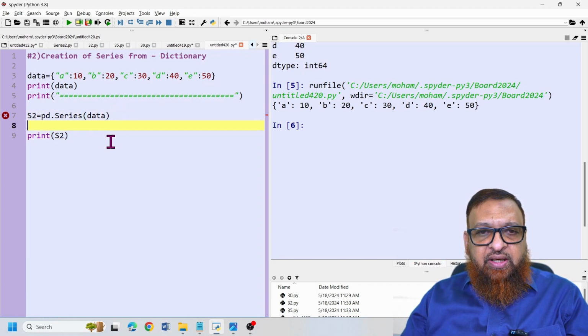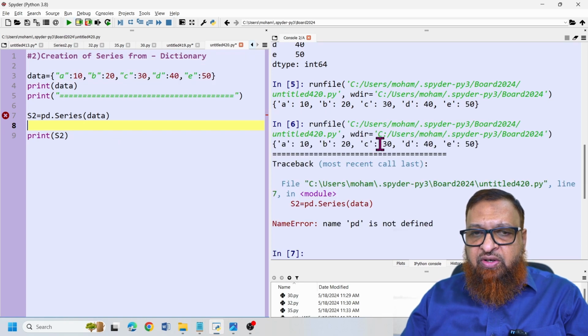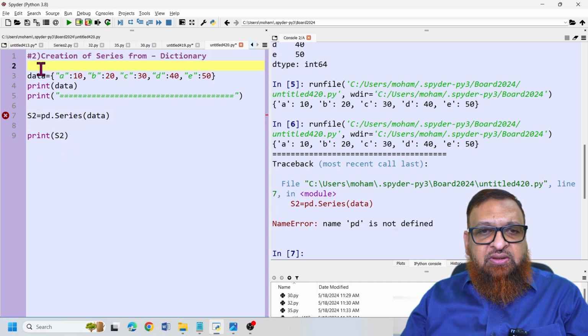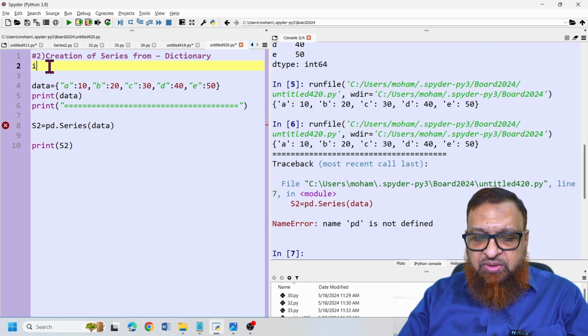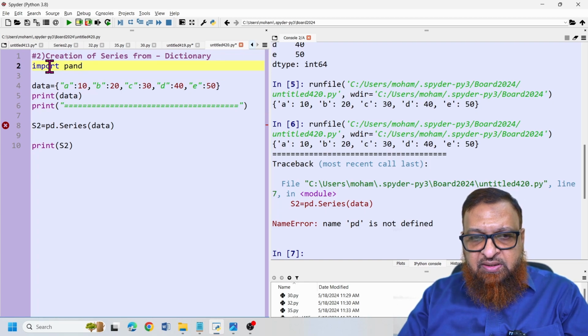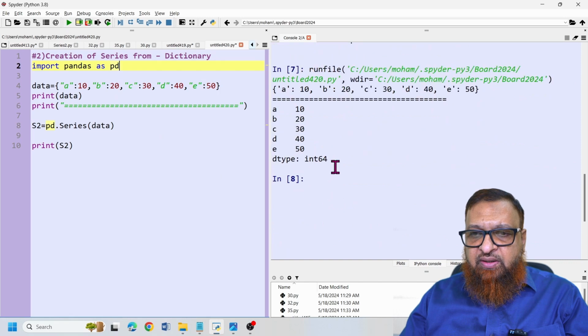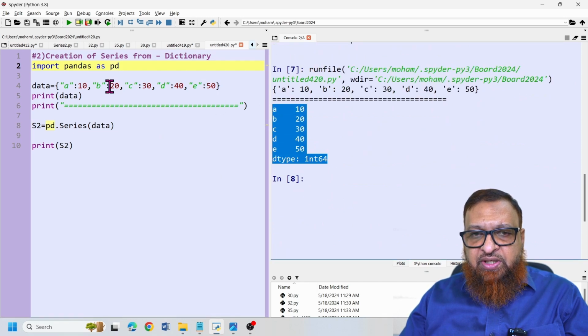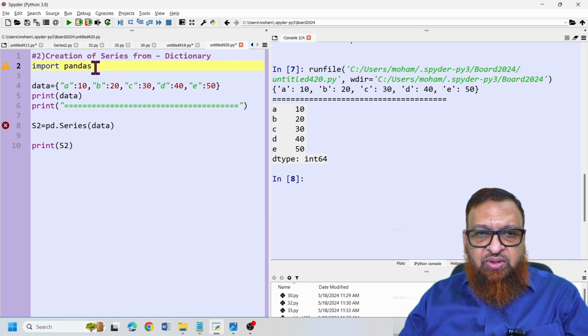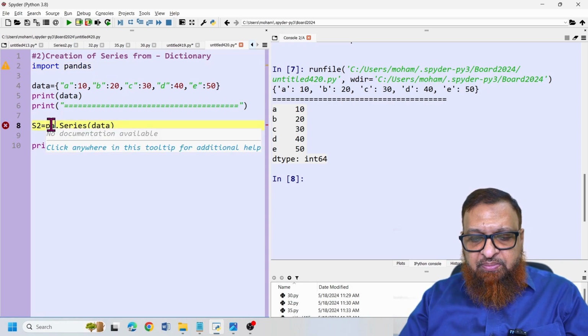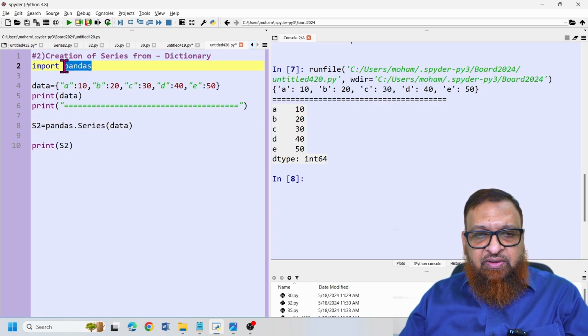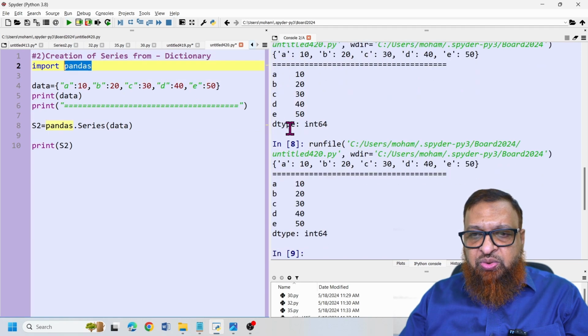So we have an error over here. Let me run this and check if there is any error. Yes, we have PD is not defined. What happened? We did not import Pandas as PD. Let me keep only Pandas. I can say Pandas as PD. Okay, it's going to run. Fine. So we created the series from dictionary. I can say Pandas only here, and I can mention here Pandas, the same name, whatever we are giving. Actually, let me run this one and show you. So we get the